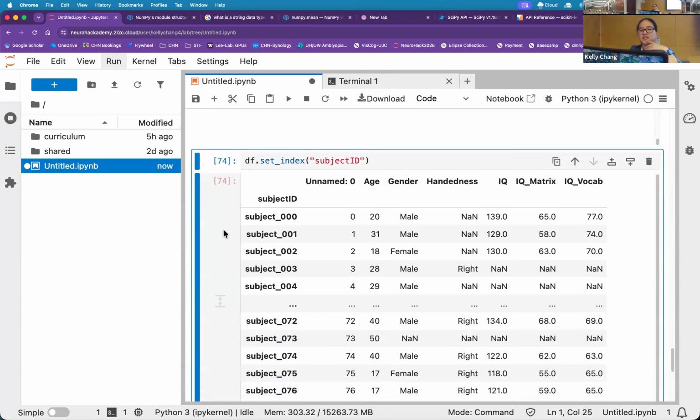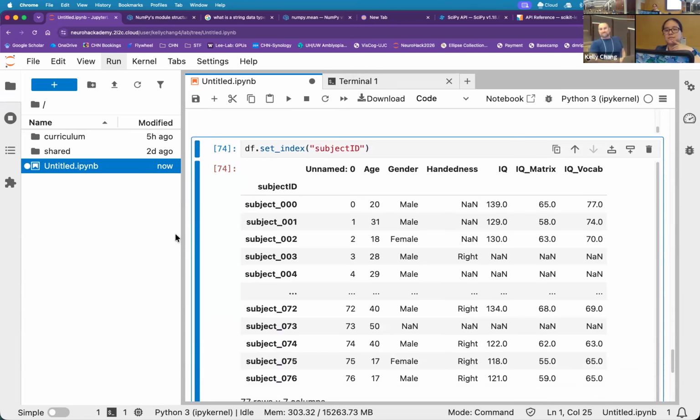Can anyone tell me what changed? It's a really hard spot. Yeah, and especially there's a little offset here. Sometimes if you're not paying attention, you won't catch this, but basically the offset here is trying to tell you that this column is an indexing column. If you can see it on your computer screen, the index column is also bolded as a formatting choice. Yes? What happens if you have the same subject? It will yell at you a little. Basically, indexes should be unique in that kind of way. Okay.